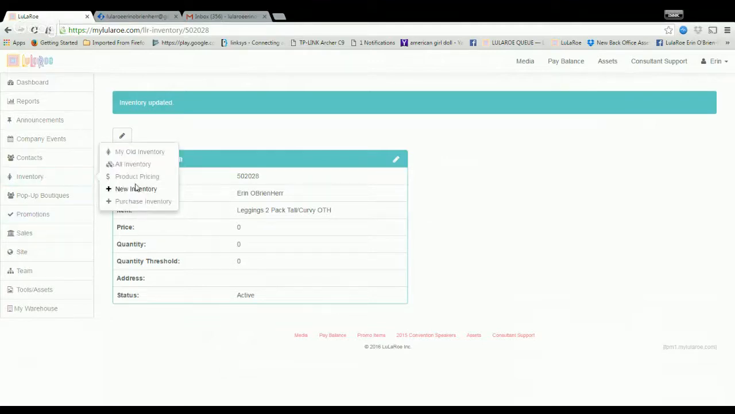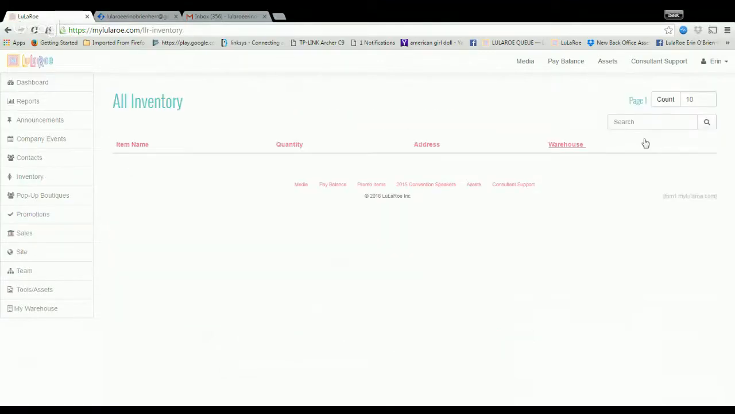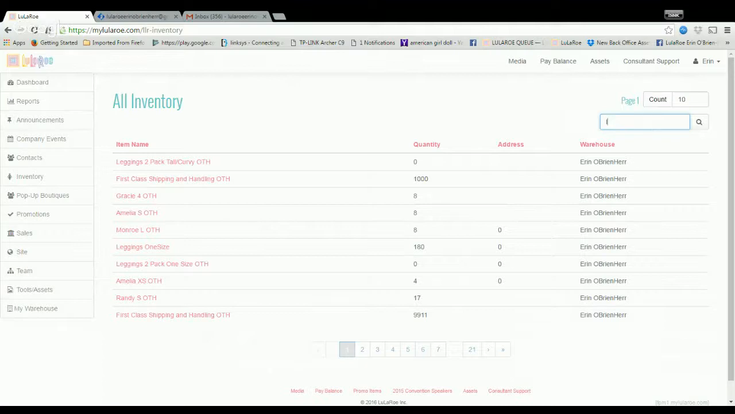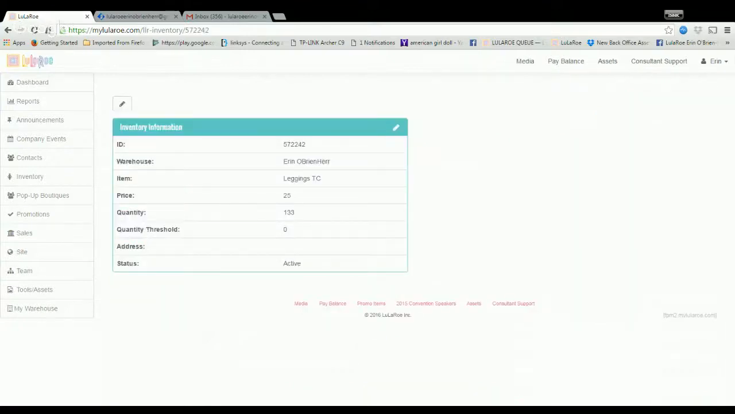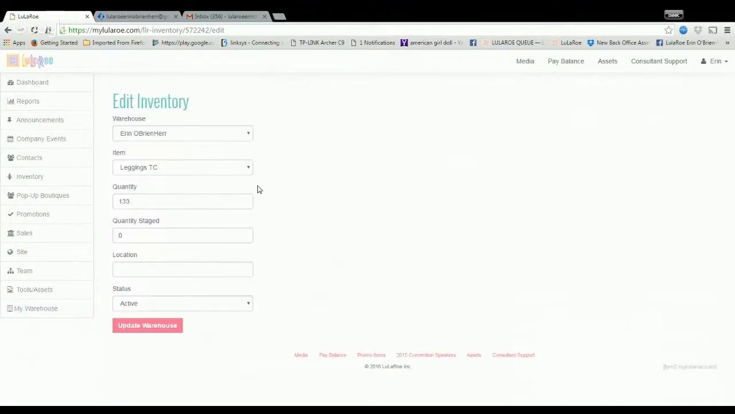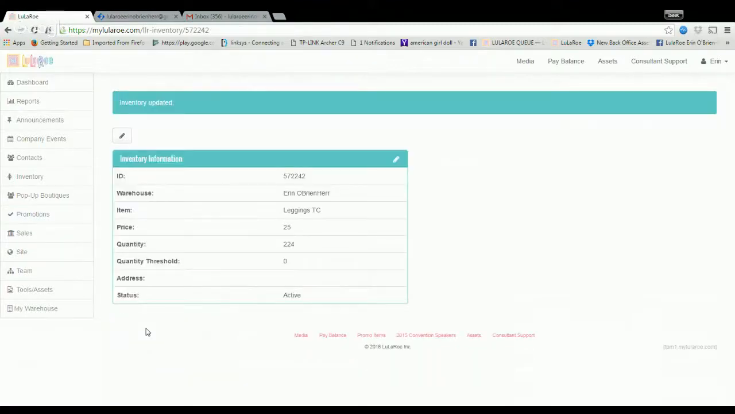Go to your inventory, all your inventory, leggings, find my tall and curvy, and I'm going to change that 133 to 224. Update the warehouse. And then when you go into your sales,